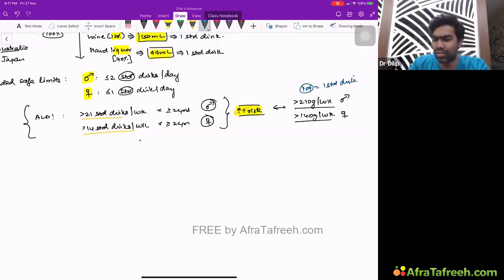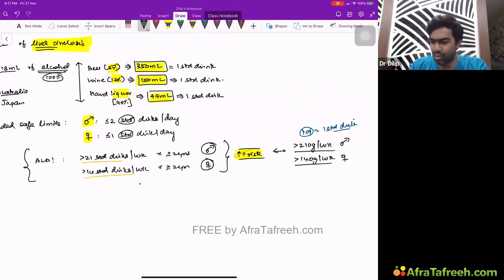So it depends on the authors. Different authors can use different standard drink definitions. So that is why it's better to use grams, which will avoid confusion, rather than using the standard drink based definitions. Even though in the United States, the standard drink based definitions are the popular ones, very commonly used. But in Harrison, they will give grams based alcohol. This is more accurate, to be honest.